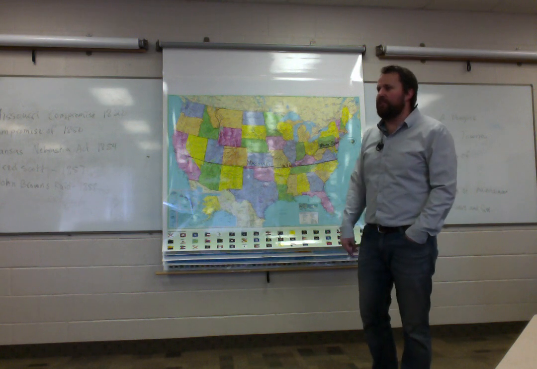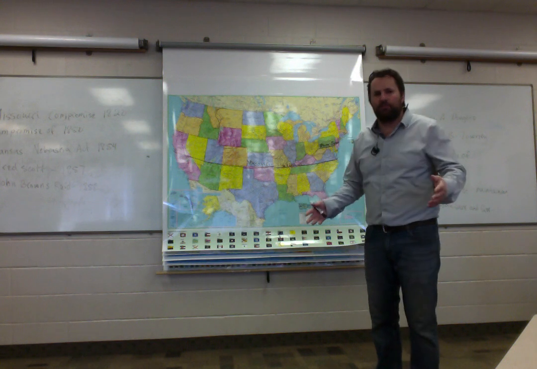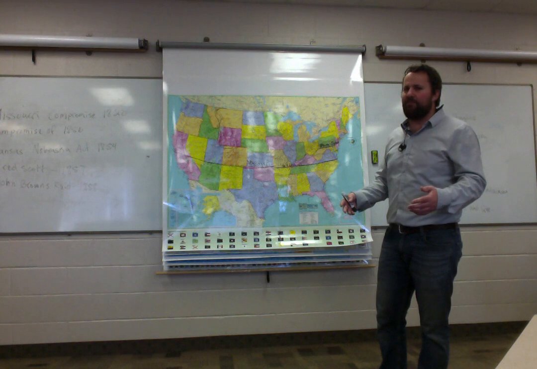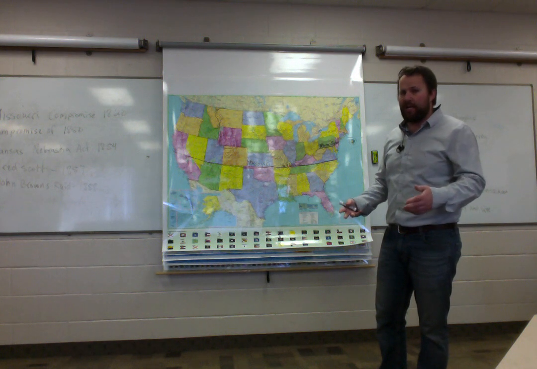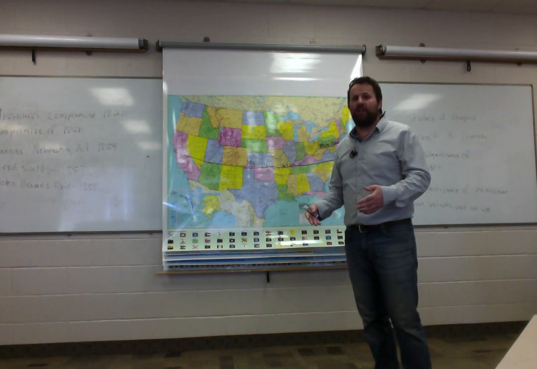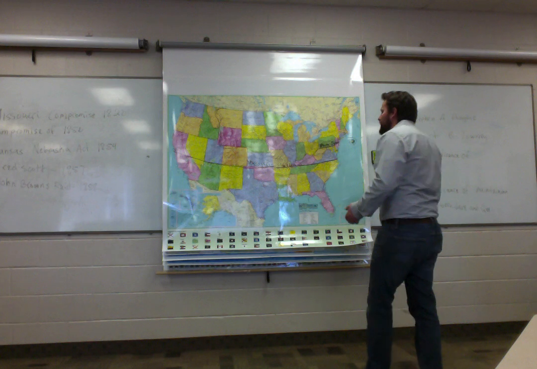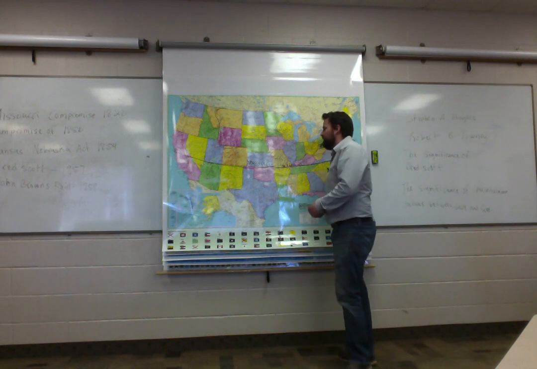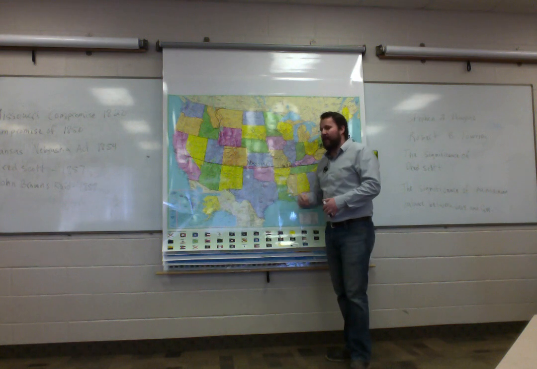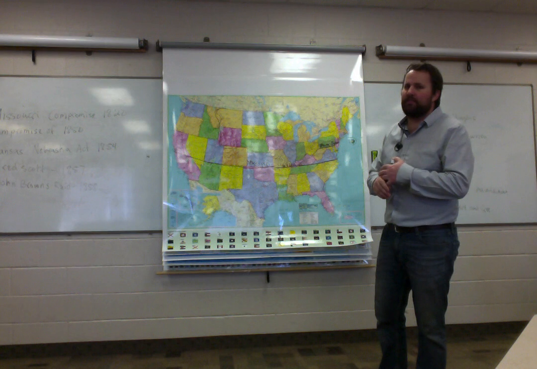But the truth of the matter is, this issue was such a big deal on a national scale that it wasn't just Kansas and Nebraska deciding, it was the nation deciding. And that means a bunch of the Northerners were running to Kansas to try to get in on that vote, and a bunch of the Southerners were trying to get on the vote as well. Only problem is, for the South, Kansas votes anti-slavery. So Nebraska and Kansas are entered into the Union as free states. Now the balance is tipped.